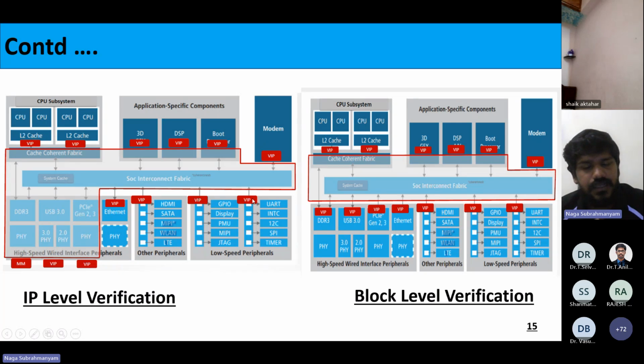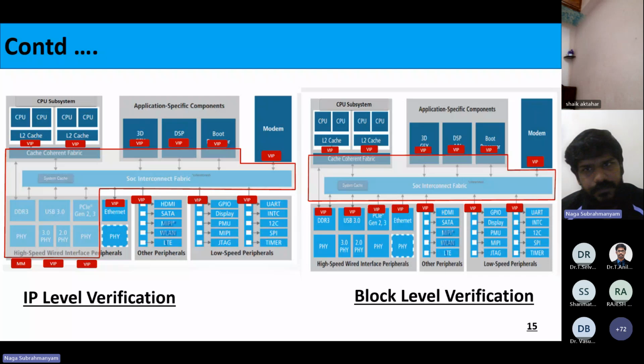As I told you already, for high speed peripheral verification there is one team, and they have their own VIPs. That is IP level verification. You are going to verify that particular Ethernet using that VIP. So the VIP contains how Ethernet behaves, almost a similar mimic producing the output. That kind of portion we will write in the VIP. So see how many VIPs there are.